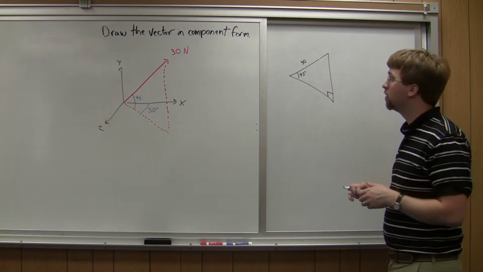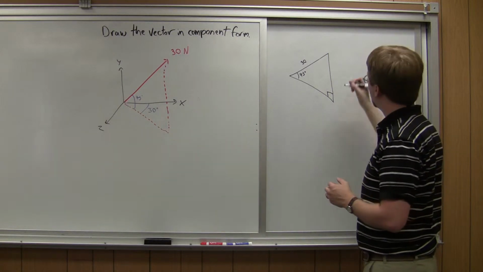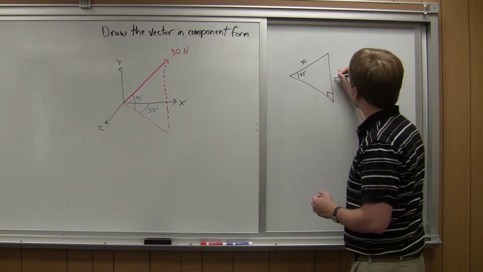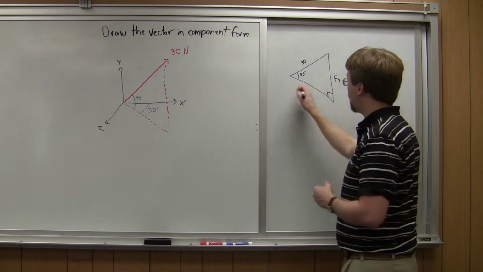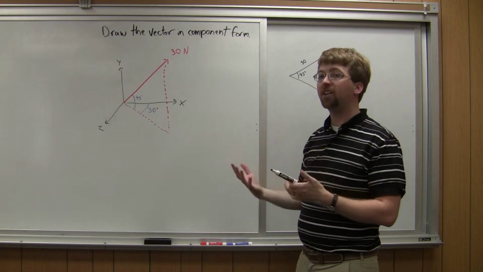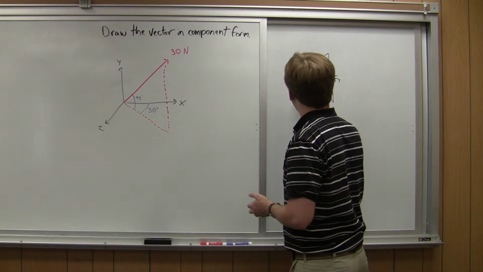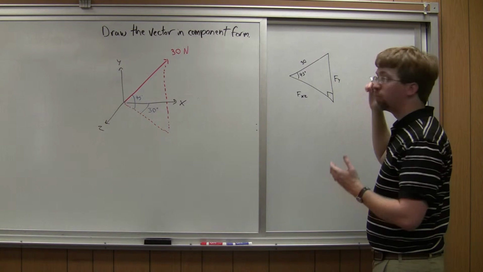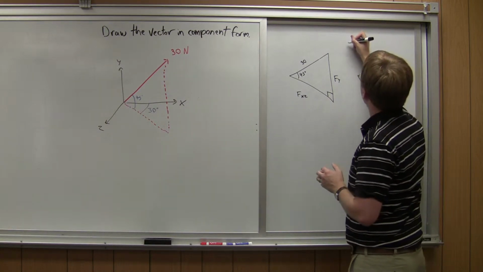So I've got a triangle like this, and this is the overall magnitude of 30 newtons. This is going to be the force in the y direction, and then on this side actually it's neither in the x or the z. This is the magnitude of the force in the xz plane. So I'm going to call this one Fxz. Alright, so we've got a pretty simple setup. We can deal with this as a 2D shape now.